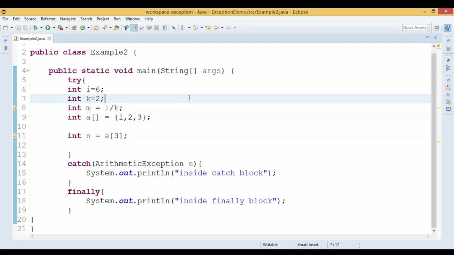For example, suppose you establish a JDBC connection in order to connect to a database. Once you are done with the database interactions, you have to close the connection. So that code we need to write inside the finally block. Okay, so the finally block code gets executed always, and we have to write the code which we think must always get executed. Those kinds of code we have to write inside the